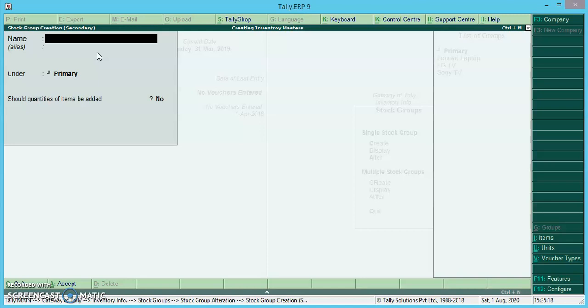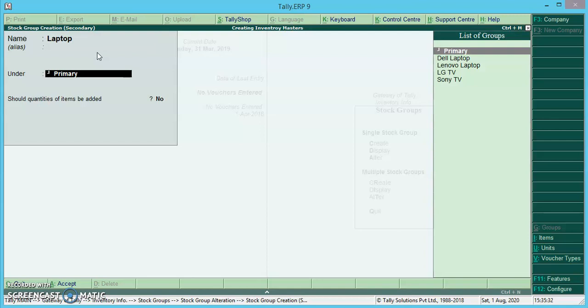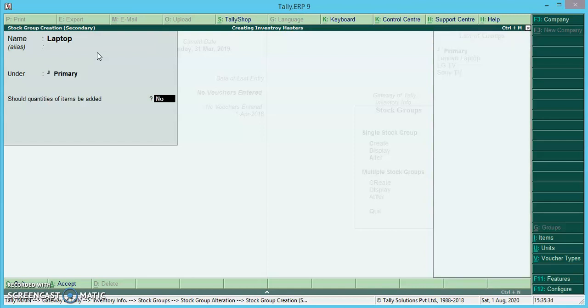Here give it as laptop. Give it as primary itself. Quantities added, yes. Accept, yes. Now if we observe, Dell laptop is under laptop.